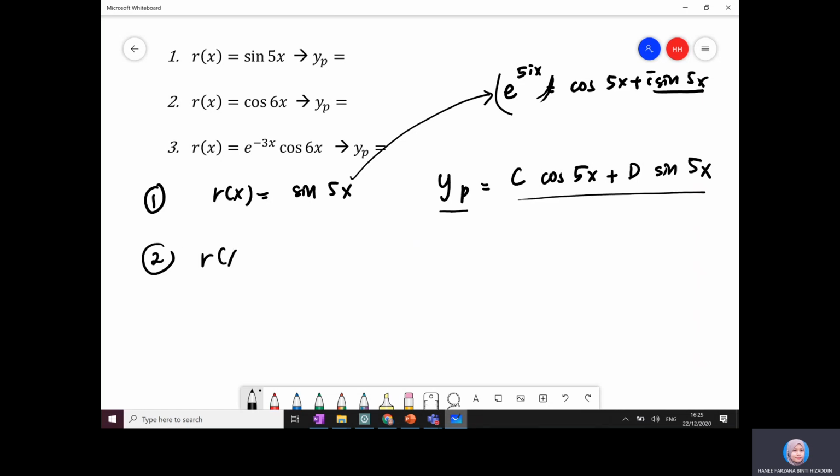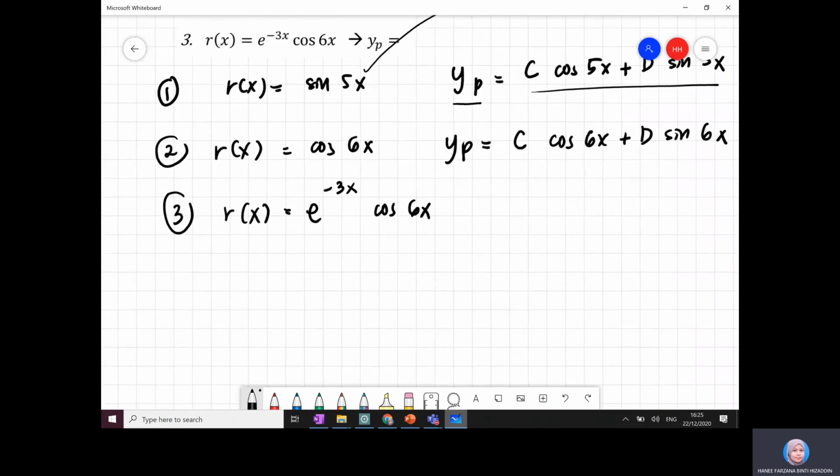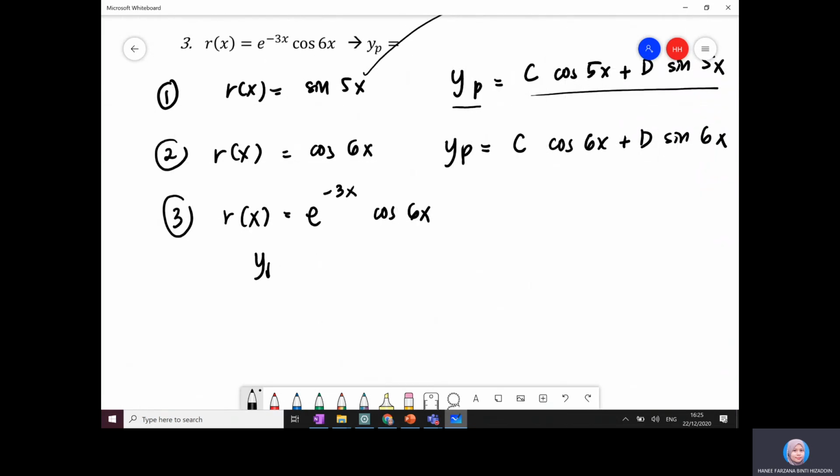And number 2, if your R(x) is equal to cos 6x, then your yp is just c cos 6x plus d sine 6x. And number 3 also, your R(x) is equal to e to the 3x times cos 6x. Then here you can break down the yp, meaning the combination of this yp. So the exponential part, you put e to the negative 3x, and the cos part, you can put c cos 6x